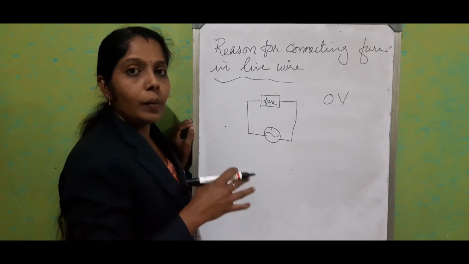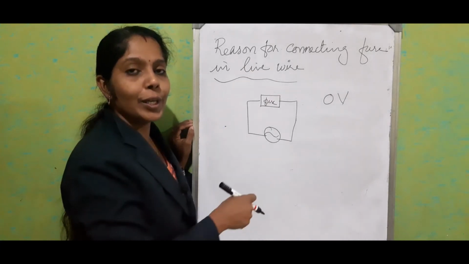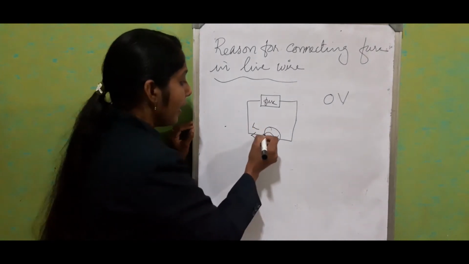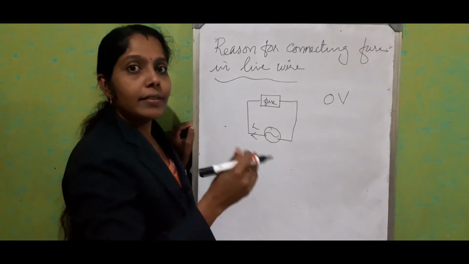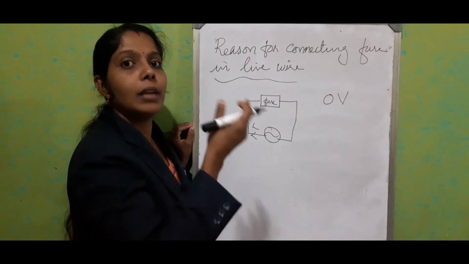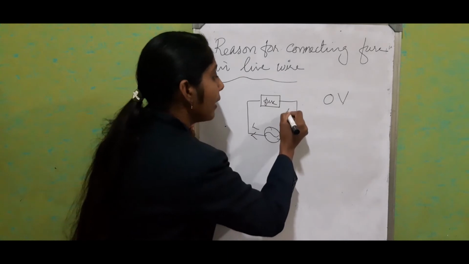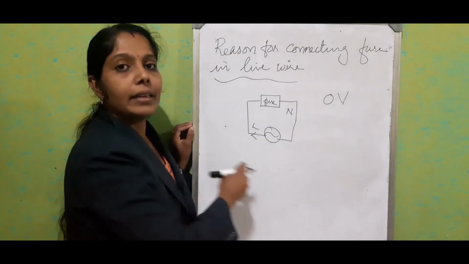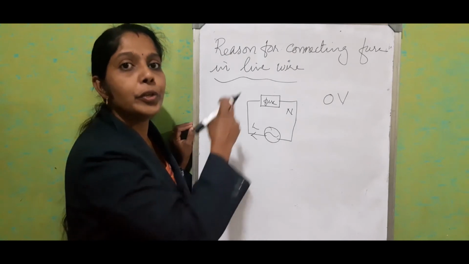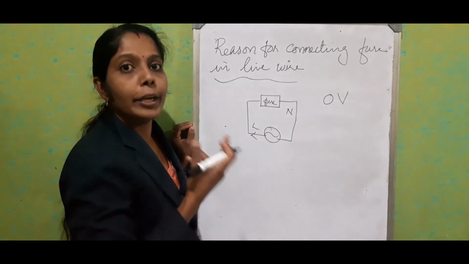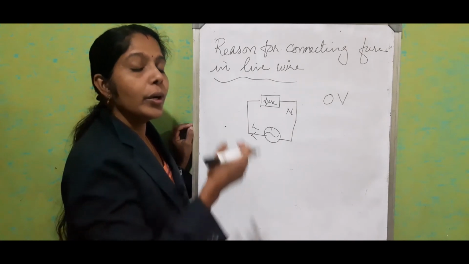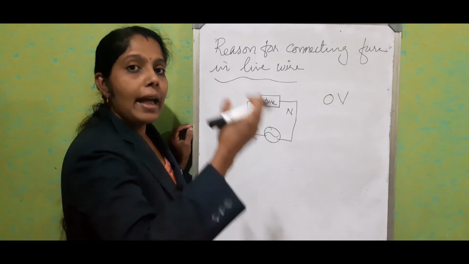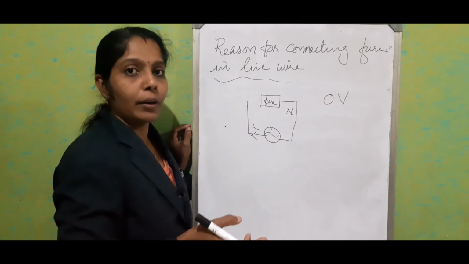So we know that current always passes from high potential to lower potential. If this is the live wire, what happens? The live wire gives the path to the appliances, and the neutral wire is a return path to the main supply, so it completes the entire circuit. We know the circuit should be complete for the equipment to work, right?